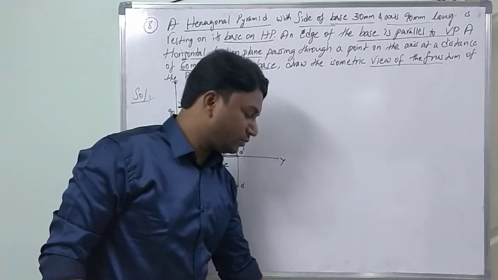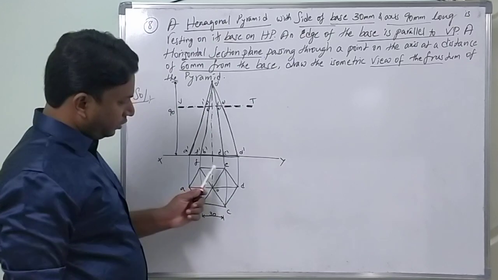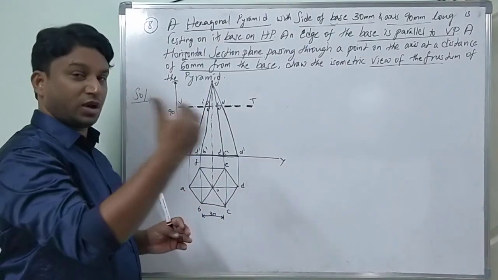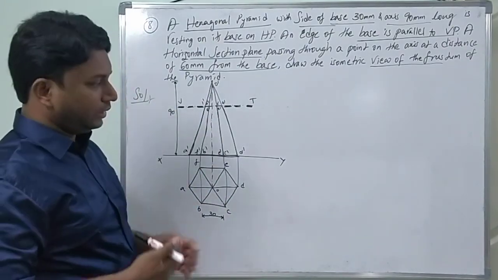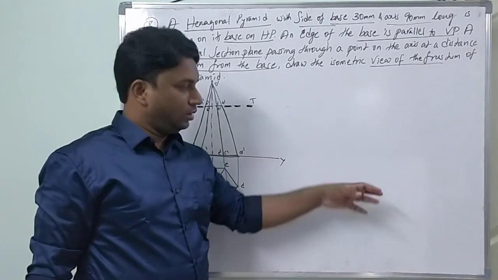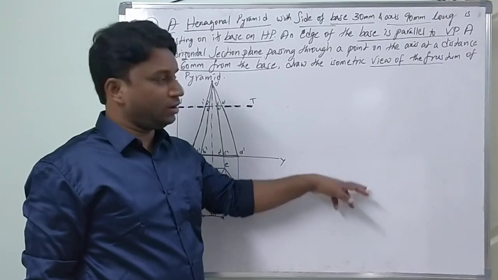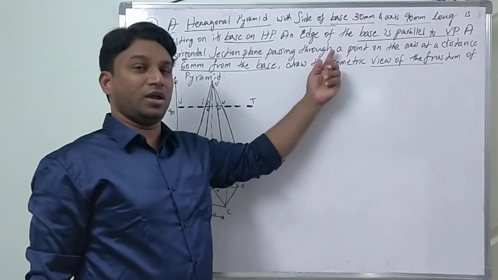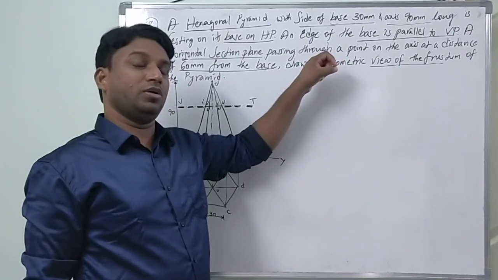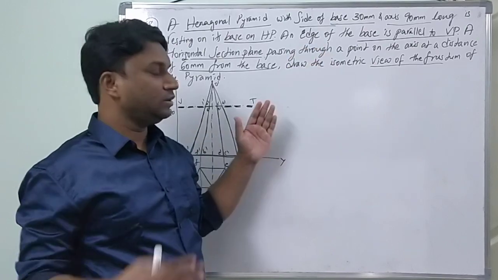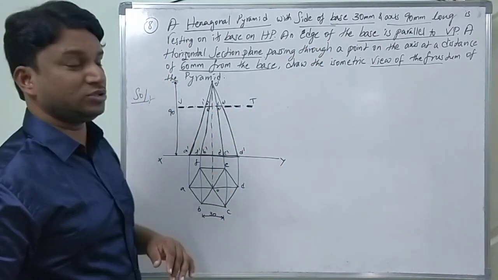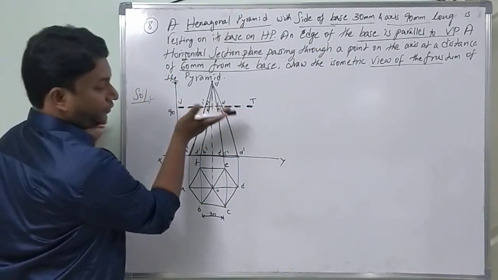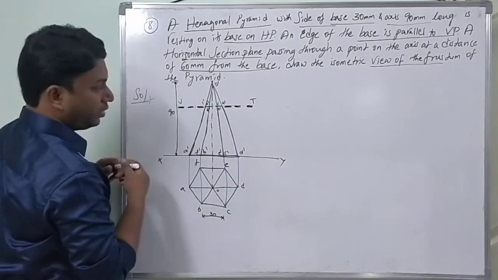Now the thing we are supposed to remember is, previously, if you compare with the pyramid problem, we drew the base, the hexagon base shape, and then we took the apex point on the center drawing axis line and marked that point as O dash, and joined the lines. But here it is not like that. Now, after drawing the section plane, you remember how the problem has to be drawn.